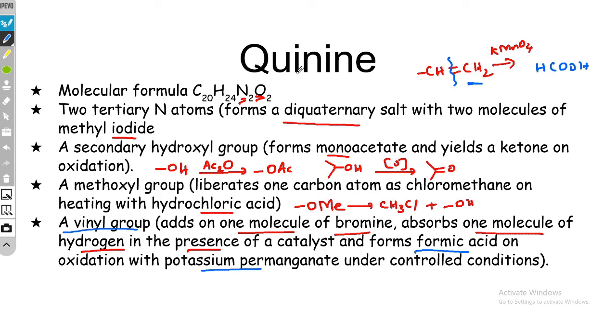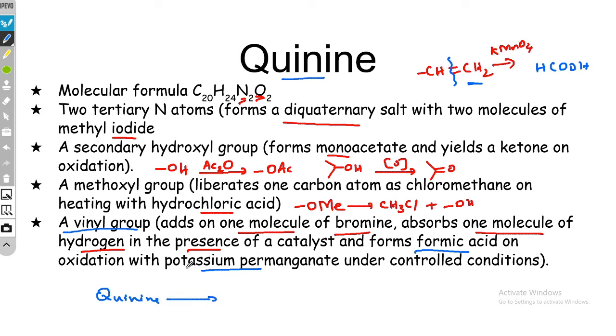Okay, then in this quinine, we should have an idea. We have an idea already that the nitrogens present are tertiary. Then the functional groups are, one is an OH group and the other is an OMe group. Then there is a vinyl group. So in order to have an idea about the nature of the ring or the skeleton of this molecule, this quinine